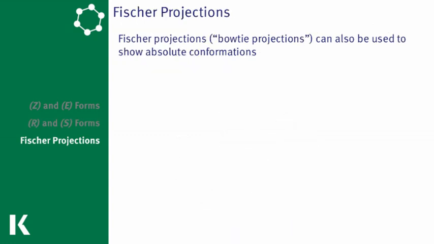Alright, time for Fischer projections. These are the ones we often see associated with sugar chemistry, where the molecule is drawn as a vertical line with several perpendicular intersecting lines. In order to produce your own Fischer projection, it might be easier to start with the wedge-dash representation of